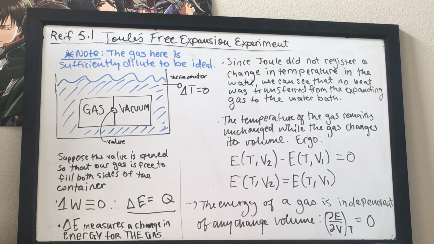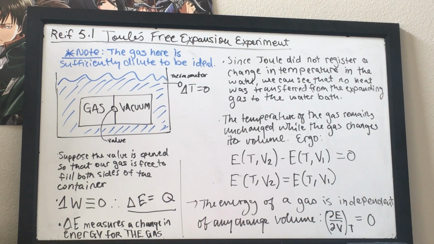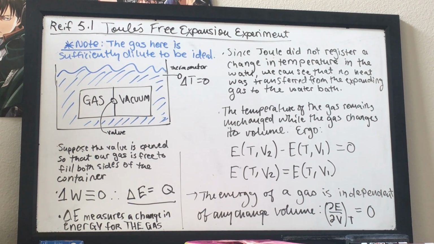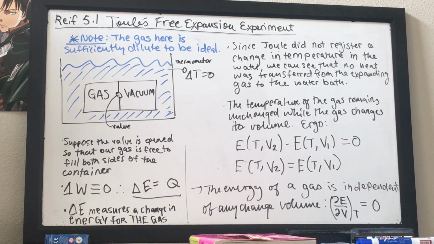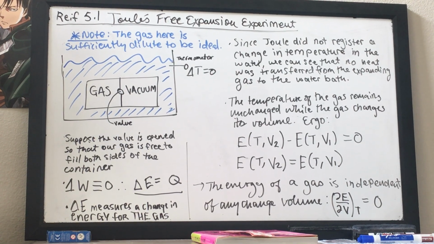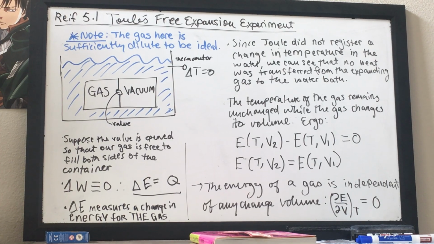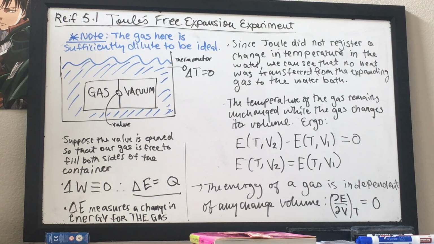So if the temperature of the gas remains unchanged while the gas changes its volume, we can write the function of energy, E of T and V, as a difference, right? So the energy at our final volume minus the energy at our initial volume is equal to 0, and thus our initial volume energy is equal to our final volume energy, and consequently, if we take our handy-dandy little